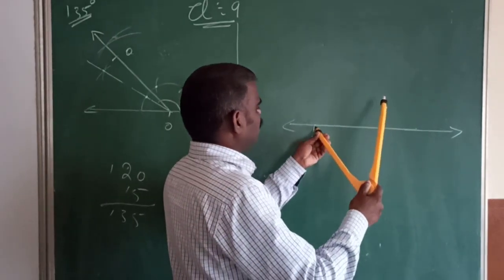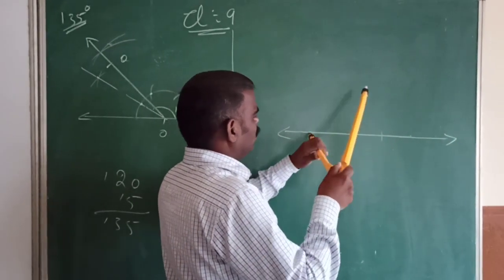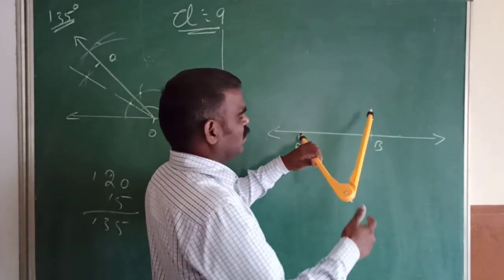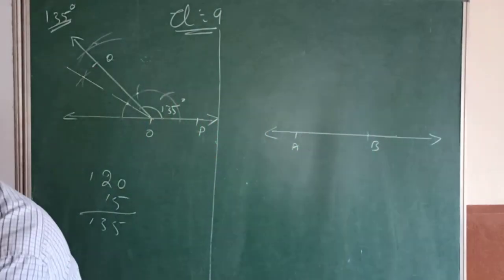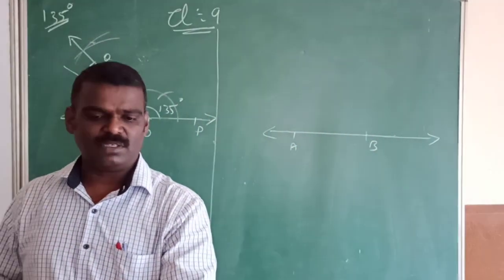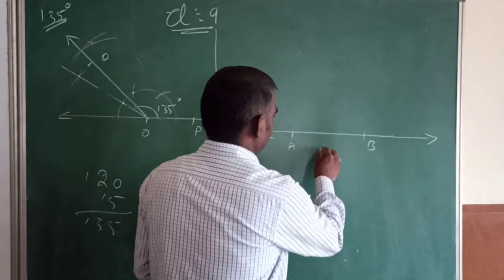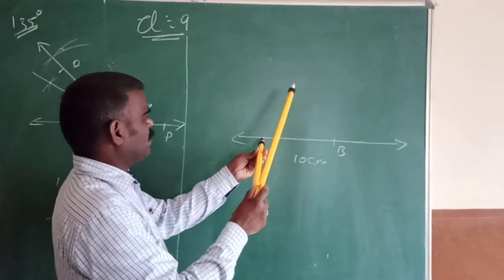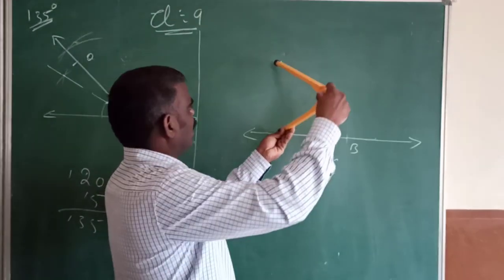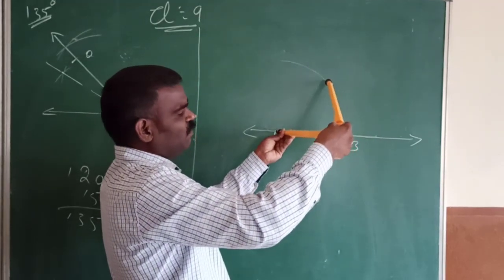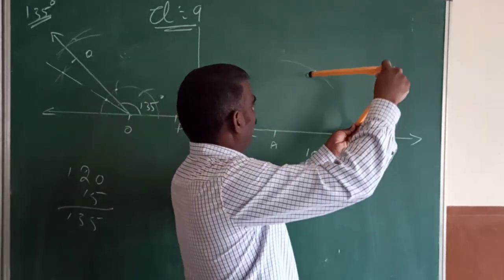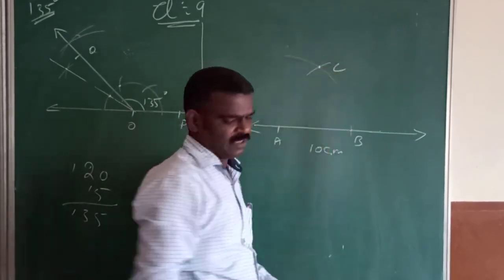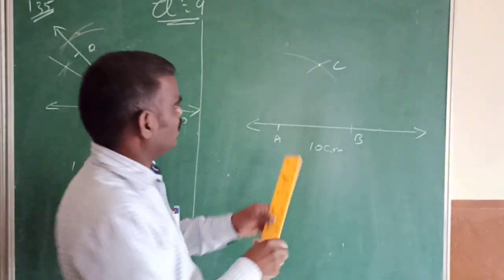Now keep the compass at A, cut an arc. So this is what? B. So for me, let me use a scale. How many centimeters is there? Yes, 10 centimeter. Now keep the compass at A, make an arc. Without changing, keep it at B, make another arc. So where both arcs are intersecting, give the name C. Join